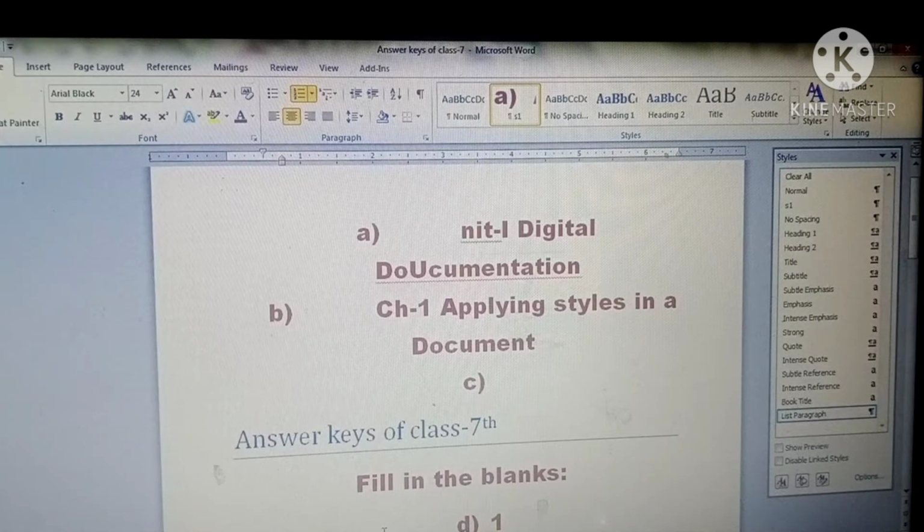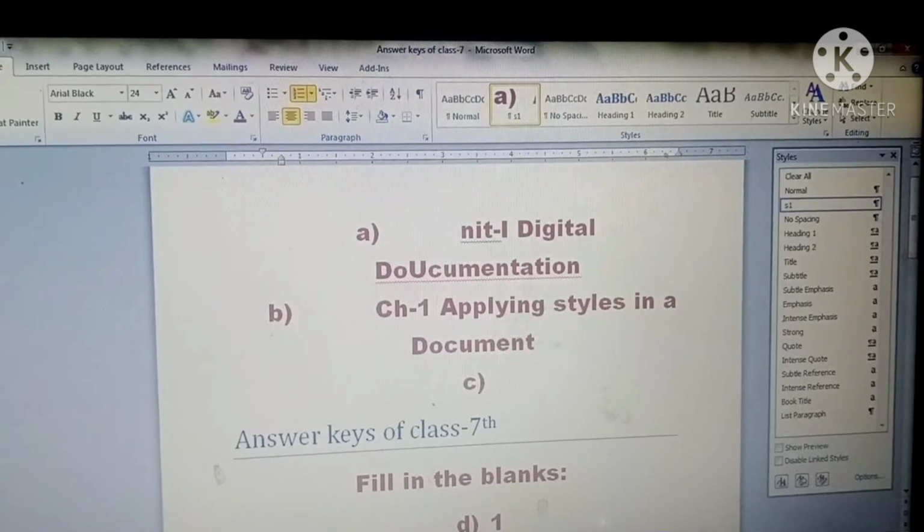Now I told you how you can create your own style, how you can modify a style, and how you can update a style. And the last method is importing a style from another document. How can you import a style to another document? For example, I have made a style S1 here, and you want to import this S1 to your new document. The S1 I created here will be shown only here. It will not be imported to your new file. But if you want to import it from here to a new file, how can you import it?